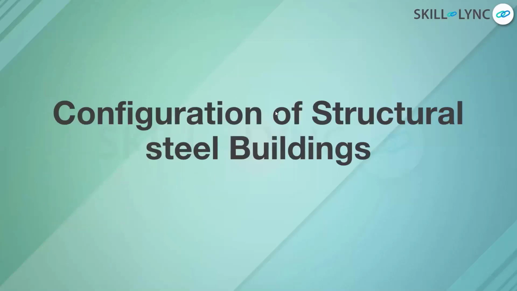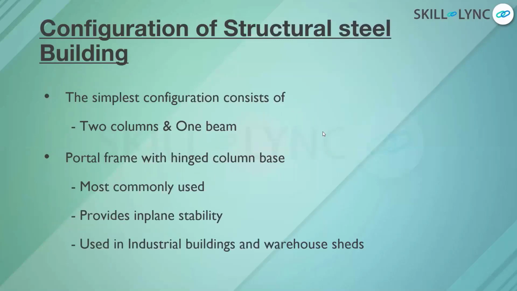Okay, so how do we configure these structural steel buildings? There are different kinds. Like I said, you can go with a PEB type, a conventional type of steel structure, or a built-up section type. Depending upon the span, the height, or the project specification, you decide the configuration of the building, right? The simplest configuration is to provide two columns with a beam, with equal spacing. That is what you will be following.